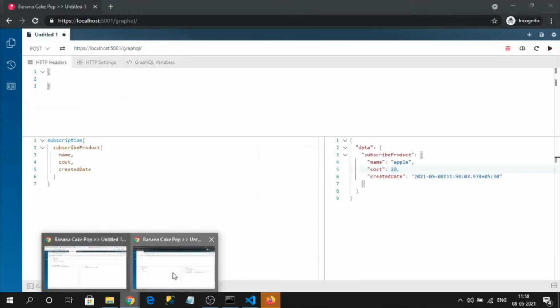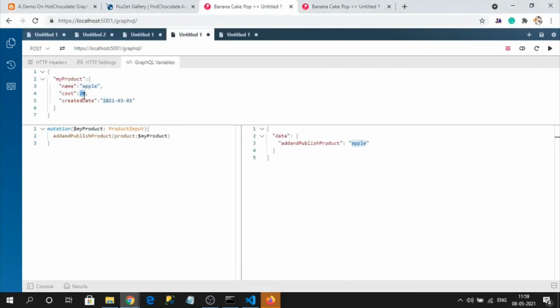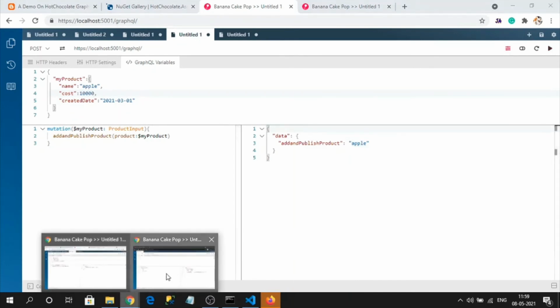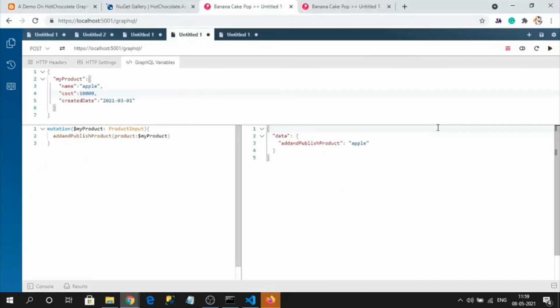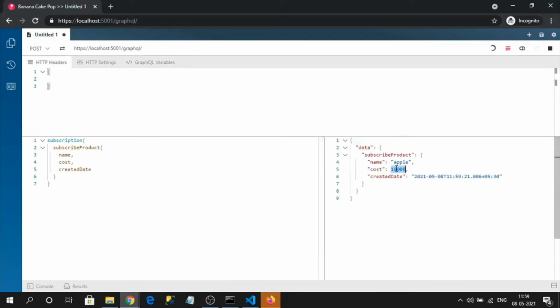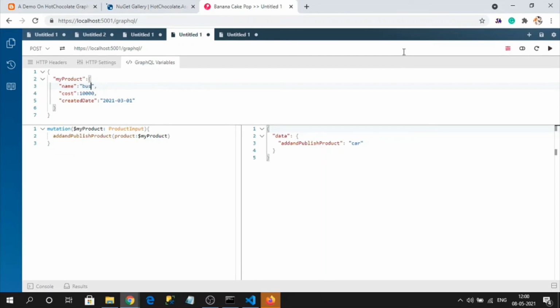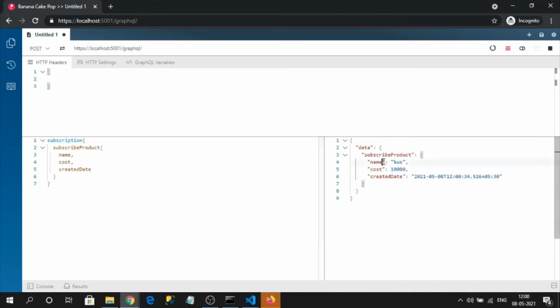Now go to the subscriber. See, Apple, and let me change the cost to 10,000 like that. So it is pushed, and now go here. It stopped actually. Let's run again. So let's save again. Saved, and check here, 10,000. So subscribers will work like this. Now, everything will be read here immediately. It will continuously read. This is how subscriptions actually work in .NET GraphQL.